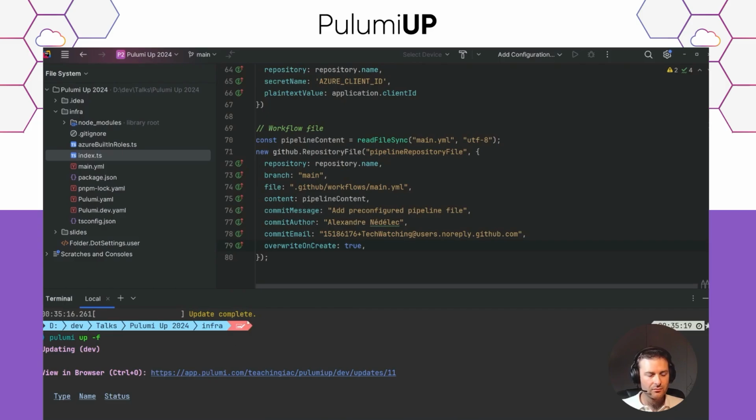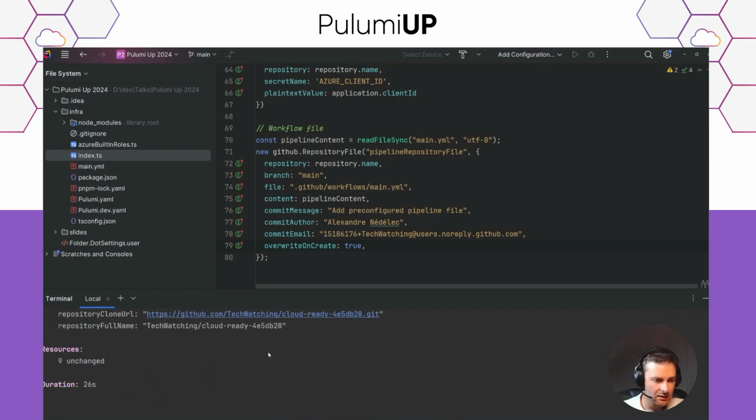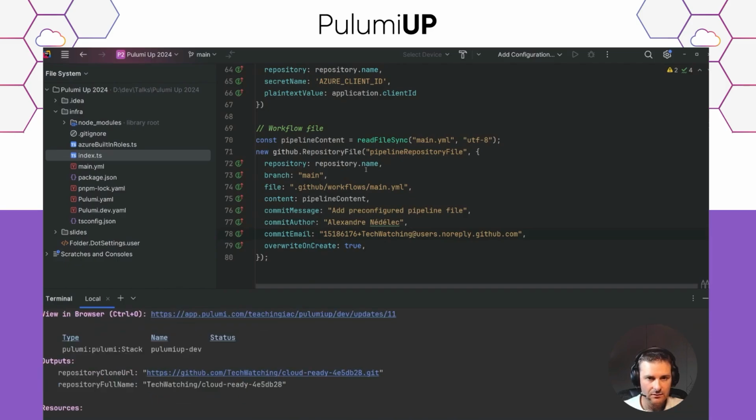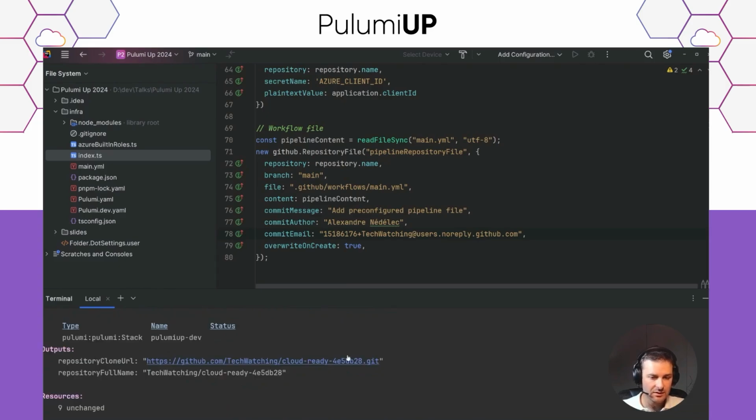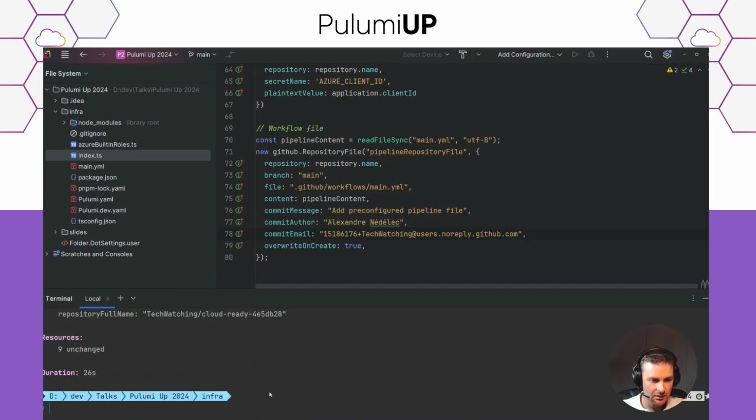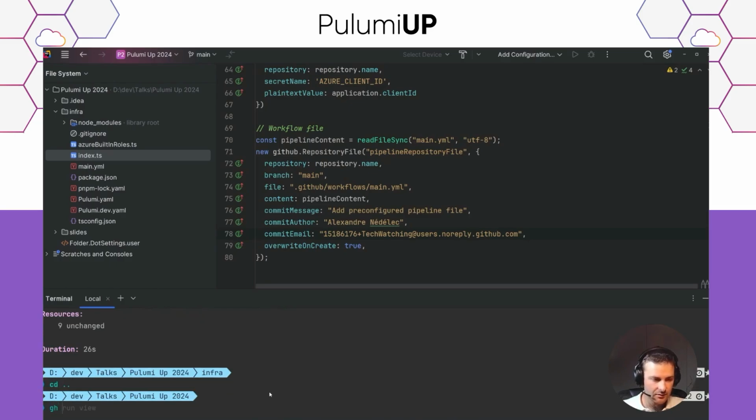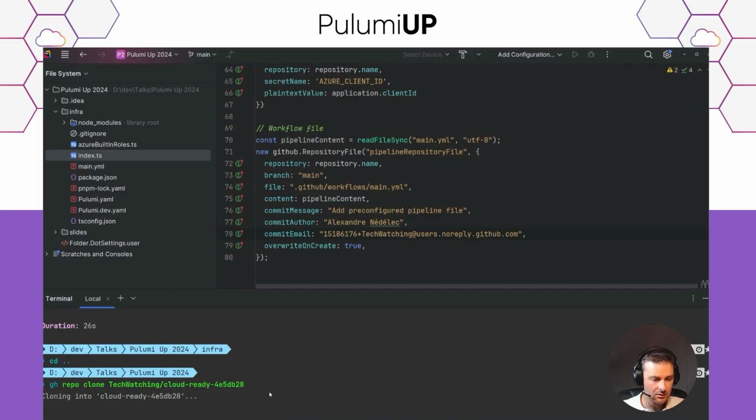Our infrastructure should already contain most of the resources. I just think the repository file has not been created yet, but everything else should be already created. Okay, even our file has been created. Okay, great. I can just retrieve our full name. And what I will do is I will run this repository here.